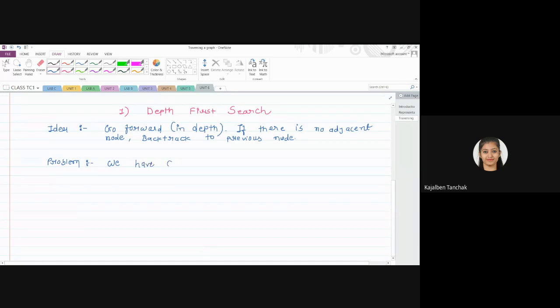We have a cycle in a graph. Nodes may be visited infinite times. Fine. So what will be the solution? Solution is we have to use a Boolean array.